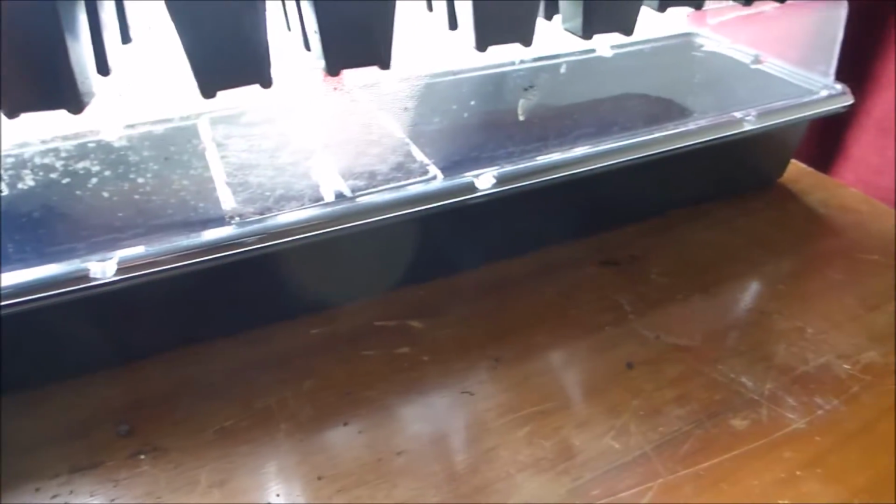Oh, in here, my cleome, they still haven't germinated. I cannot have a garden without cleome for the year, so I need to figure out what's going on. That's the third sowing of them. I think I need another bag of...